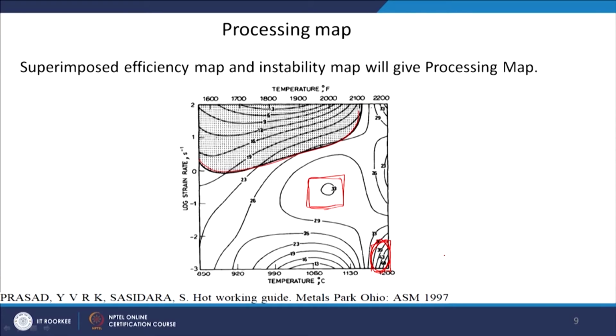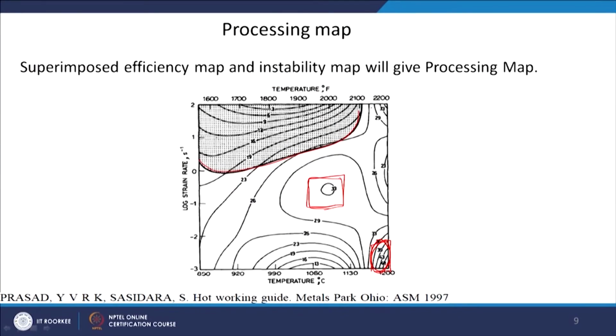Of course, in any industrial process, if you want to increase the temperature, you also have to consider the cost of heating or cost of raising the temperature to a high temperature, the electrical cost. So, you can always have a kind of give and take here. Maybe you can choose a lower efficiency region. Here it is 48%, but here it is only 33%.